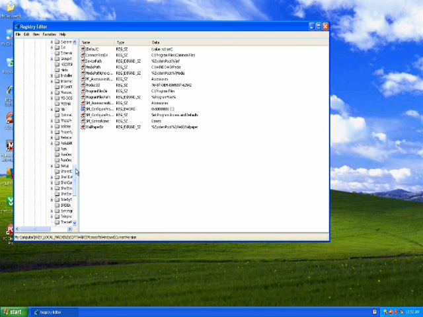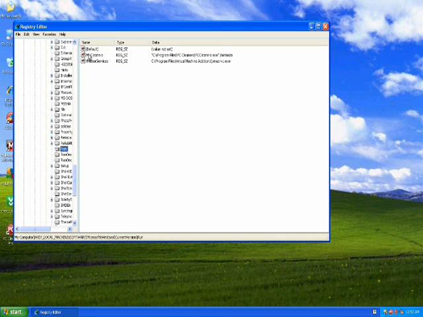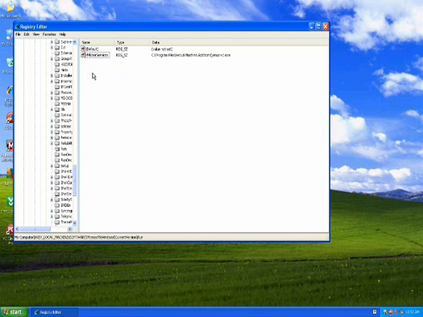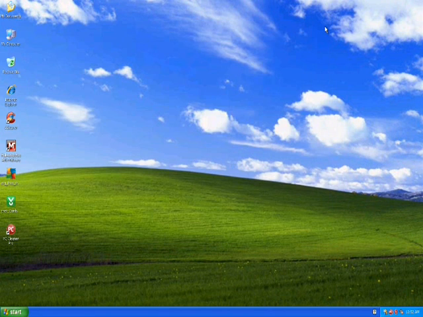Now we're going to go down to run, and there is PC cleaners. So let's get rid of that guy, and it is done. So now that is all cleaned out, so what we're going to do next